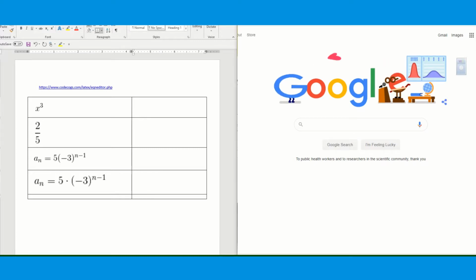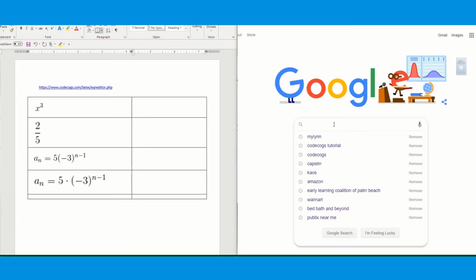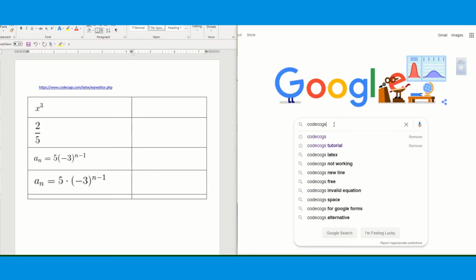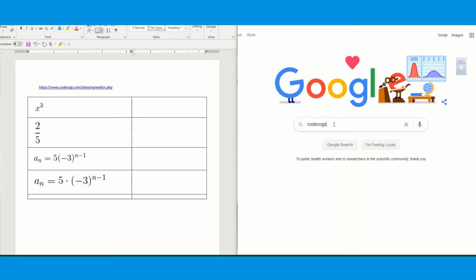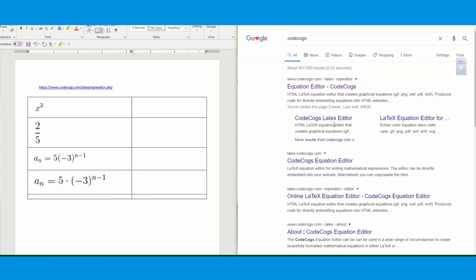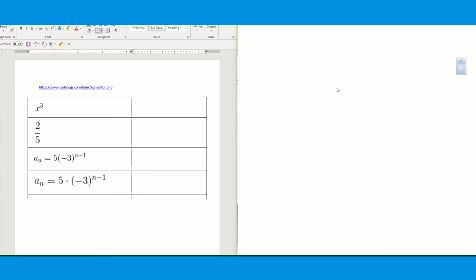Okay, let me go ahead and show you guys how to use the code cogs for the assignment. So the first thing, you're gonna go on your Google search engine and you can type code cogs. You go ahead and write it for you, code cogs. I'm doing the search, and the first one is gonna say equation editor code cogs, and I'm also gonna send you the link. Click on it,